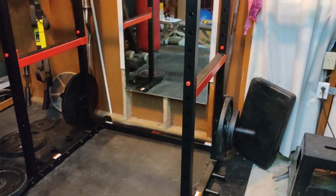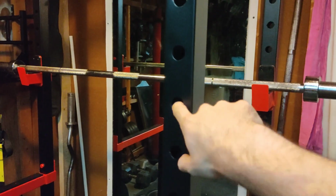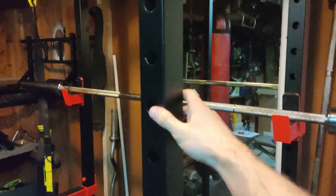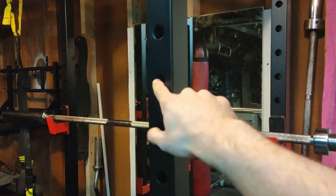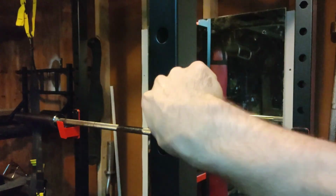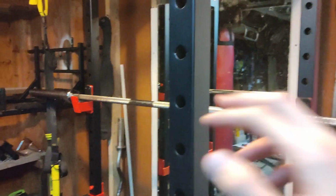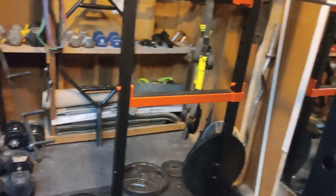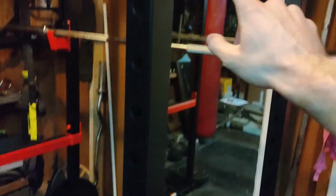One other thing that is definitely of note is that the holes are not the standard 1-inch, because these are 2x2 posts. They are apparently 0.8 inches, whatever that comes out to, which is of note because you can't use standard attachments. Now, I decided to buy some extra plate storage arms anyway, and I plan on just drilling out